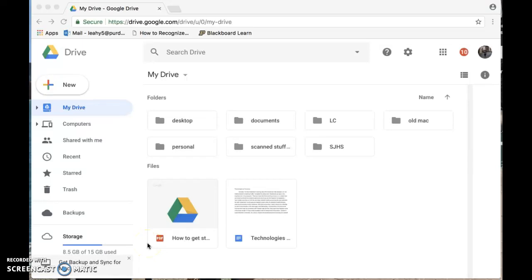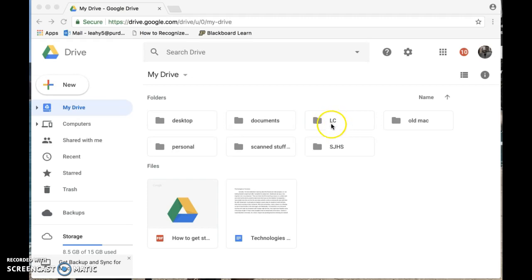I'm going to talk a little bit about how I've set up my Google Drive, which I use for storage. So this is my personal drive. I have one that's separate for my job, so that has a lot more of my lesson plans, homeworks, tests, all that stuff. So here's just some of the basic stuff, but I do have it organized by,